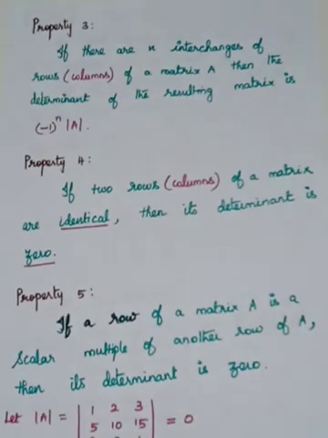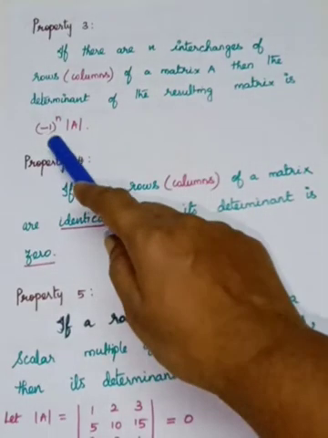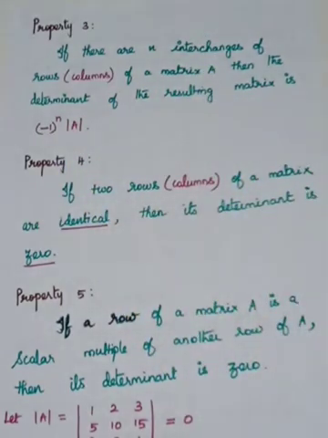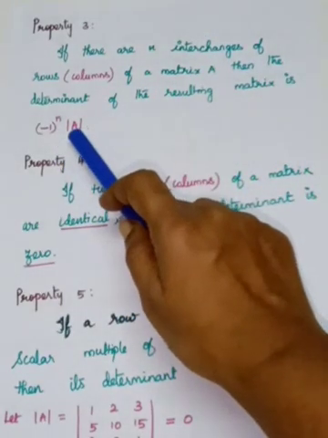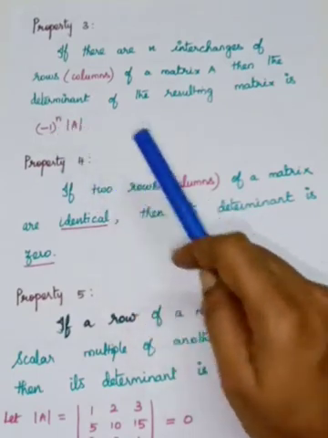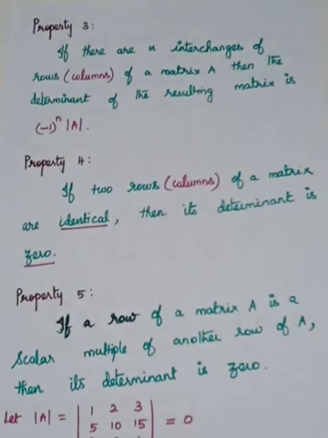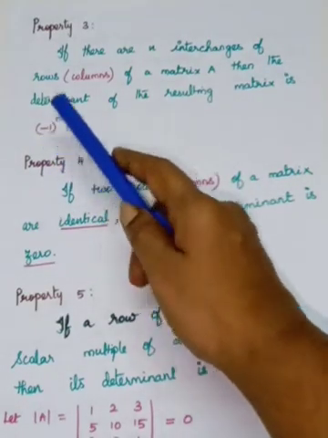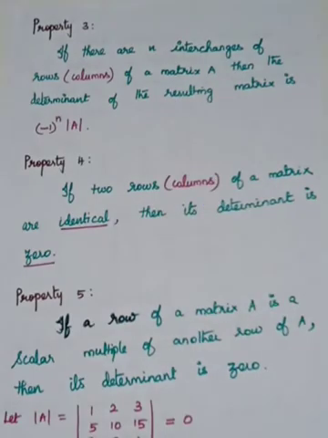So from that we can understand, if the number of interchanges among the rows is odd, that is 1 interchange, 3 interchanges, 5 interchanges, 7 interchanges, you have to write minus. If the number of interchanges is even, the value will not be changed and the sign also remains positive. There is no change in the sign if the number of interchanges is even. Otherwise, you can use this formula: minus 1 the whole power n into determinant A.